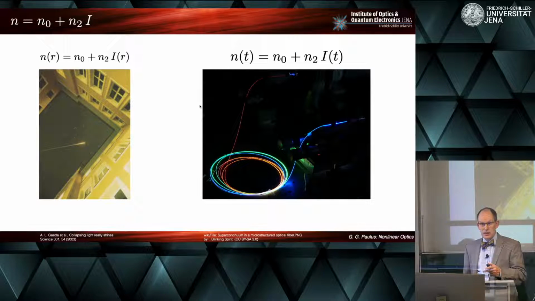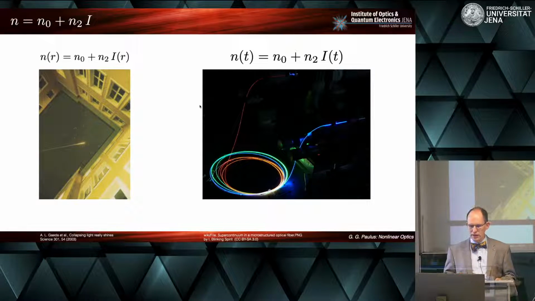So this is a glimpse of the effects that we can watch when we use this degenerate case that I just described. But in general, we have of course three different colors, and a fourth color will come out, and therefore these processes are typically called four-wave mixing.